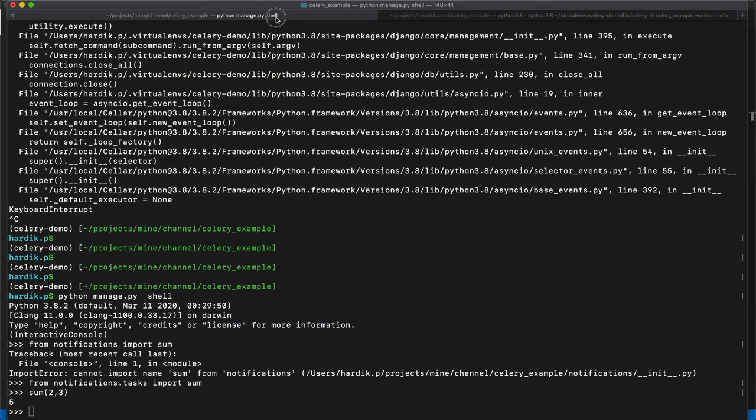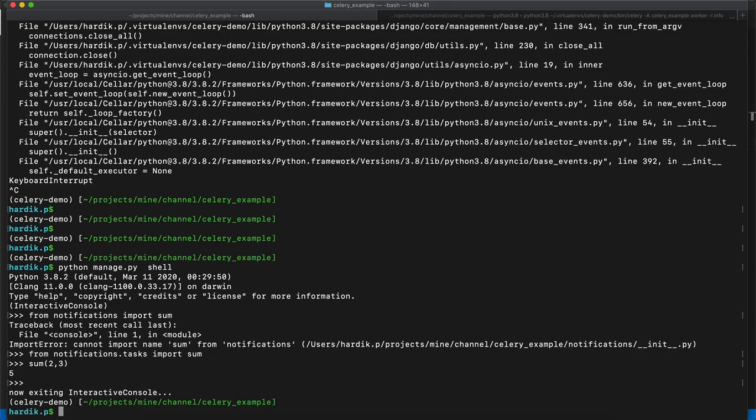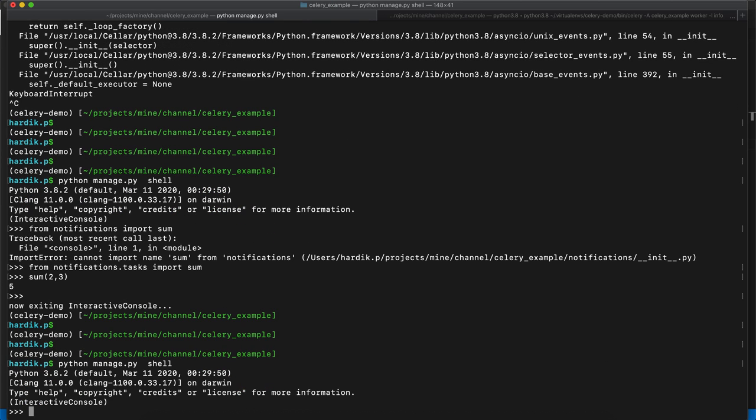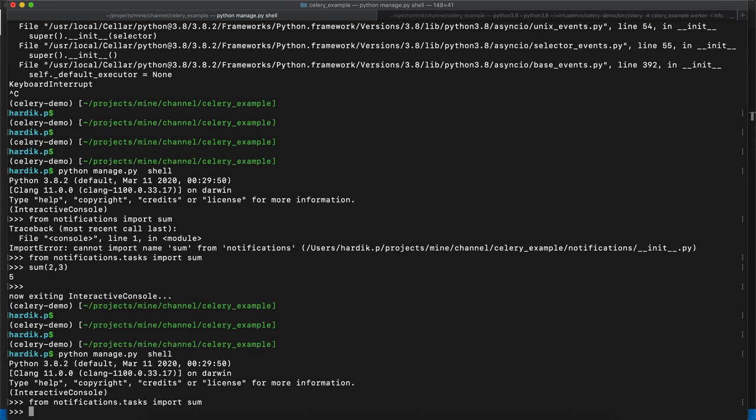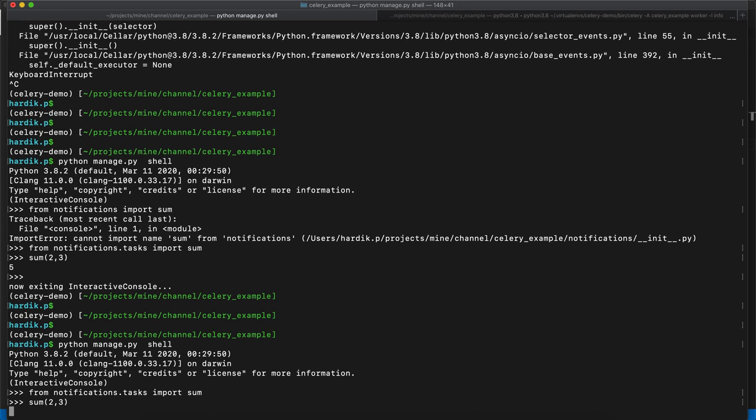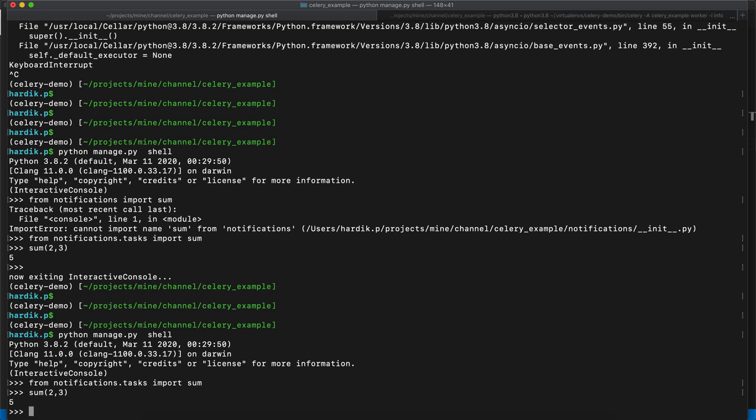Right, the same way we have to do it here as well, because that function is already loaded, which was the older one. So for a new one, definitely we have to change that. Okay, now it is loaded again. Now I'm calling it this way, notifications.task import sum. All right, so sum is imported. Now I'm just calling sum with 2 comma 3. As you can see, it is waiting for that sleep for 10 seconds, and then it will return the result, right? Now how can we call that function asynchronously?